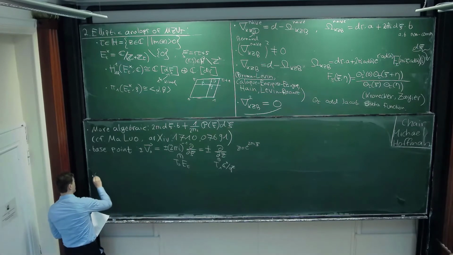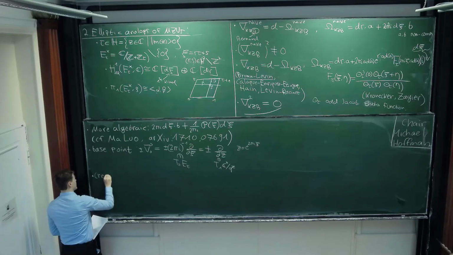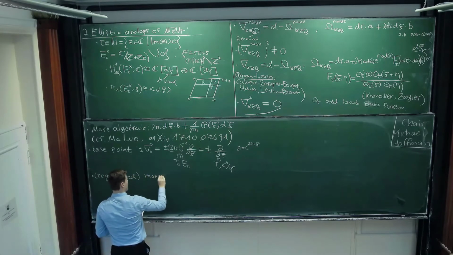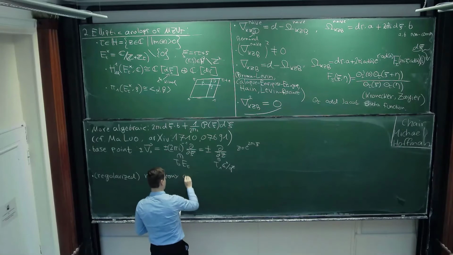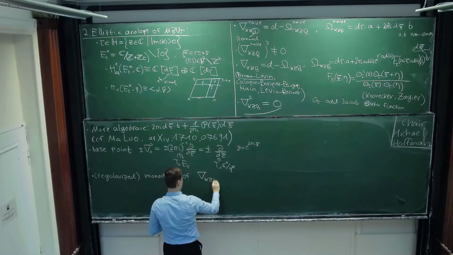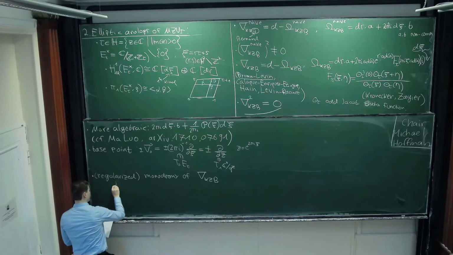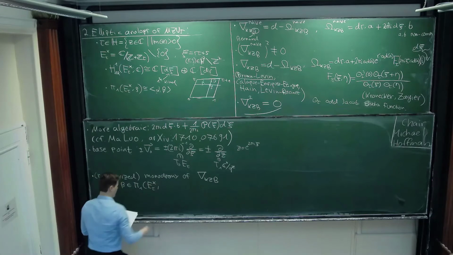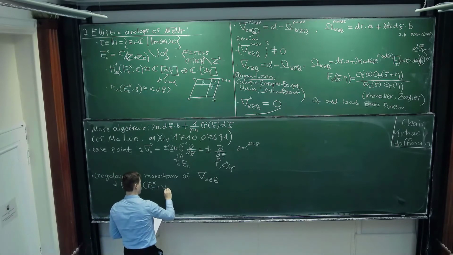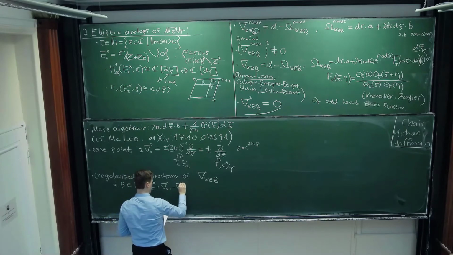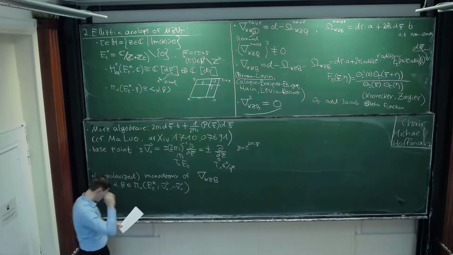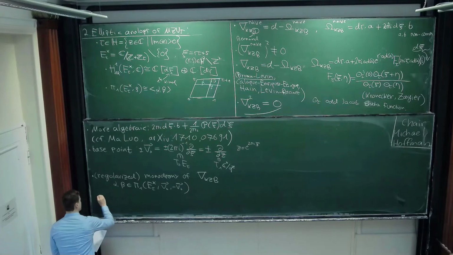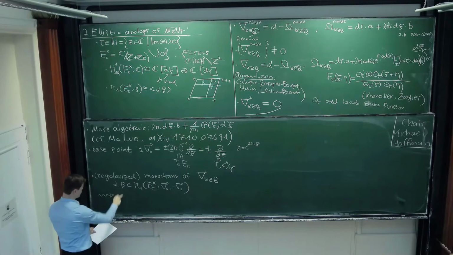And again, once we've found our correct base point, we want to take the monodromy, we have to regularize. So we take the regularized monodromy of our flat connection along homotopy classes of paths alpha and beta. Now they are going to be paths from minus v0 to v0. What you get if you do this, so you have alpha and beta, you have two paths, and correspondingly you'll